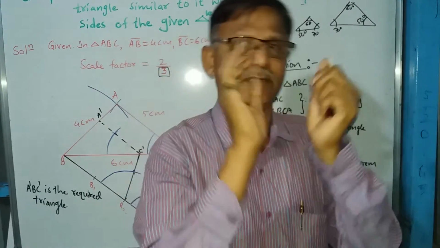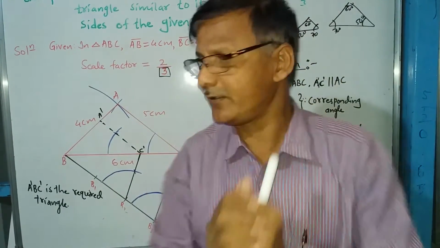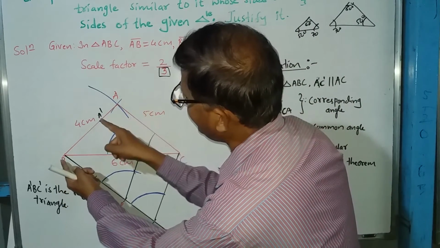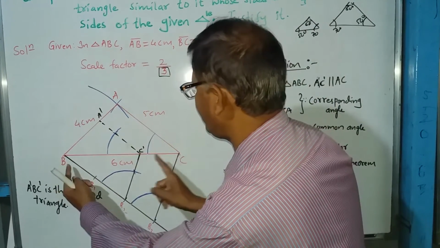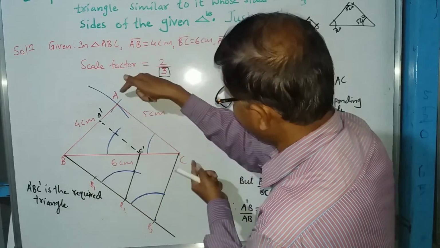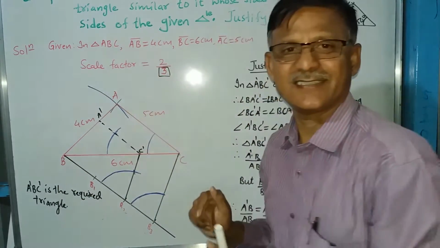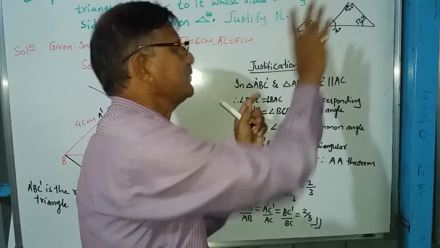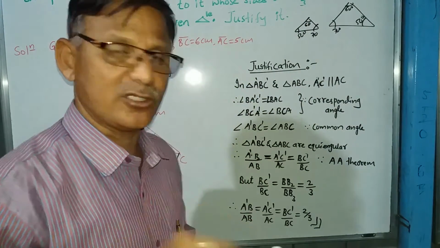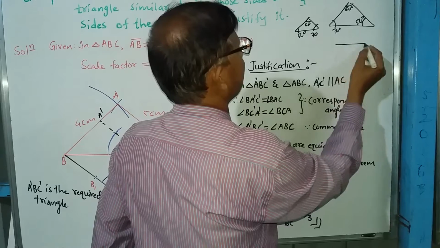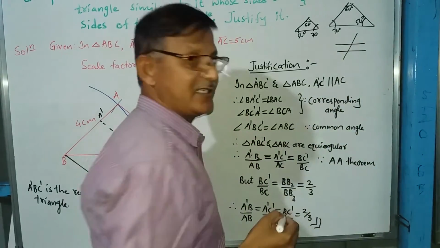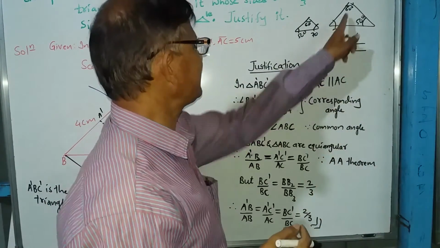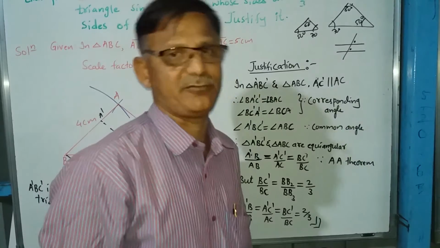And if the triangles are similar, then their corresponding sides are in equal ratios. Means AB upon A'B', BC upon B'C', AC upon A'C'. Their corresponding sides are equal when triangles are equiangular. So this is about the equiangular part. One thing. Second thing, you also have the knowledge about parallel lines. When two lines are parallel and if a line intersects them, then their corresponding angles are equal. So these two things we need here in the justification.